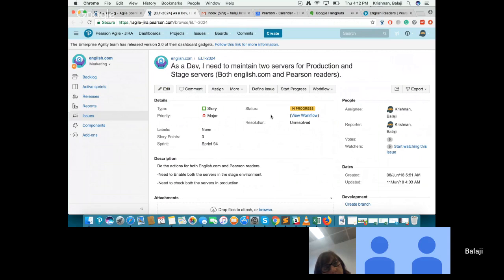And we have raised the request for a load balancer in both stage and production. We have already raised the ticket and we are waiting for approval. Once we get the approval, we will remove the DNS record from the server and enable the load balancer for both the servers. Once we configure the load balancer, it will automatically redirect the user to one IP based on the traffic. So we are still waiting for the confirmation from the support team. Once we get it, we will do it immediately.